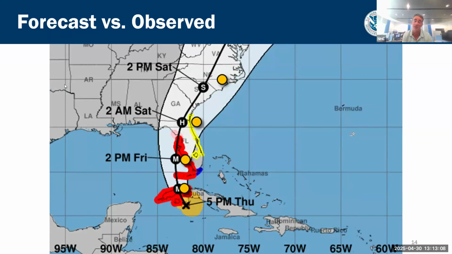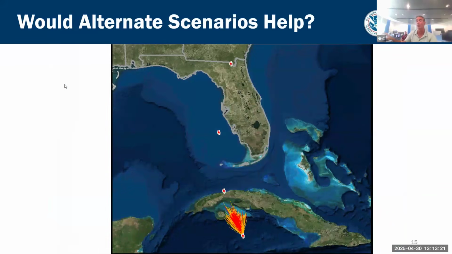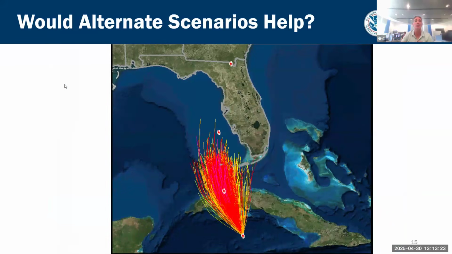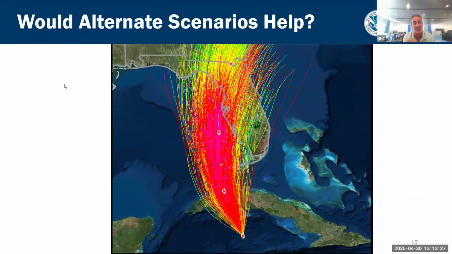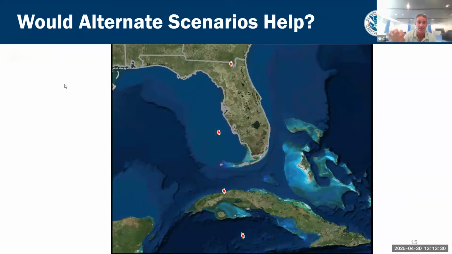And back in 2022, it felt like the same thing again during Ian. So let's have a little conversation of how we can do better together and how we can calculate and communicate risk related to wind damage. So that's what we're going to do here with wind speed probabilities. When we're talking about these alternate scenarios, it all comes down to calculating that risk. So we'll do that together.